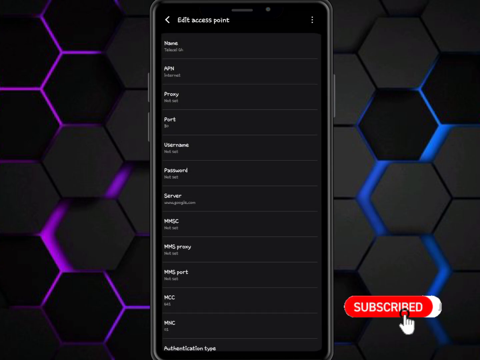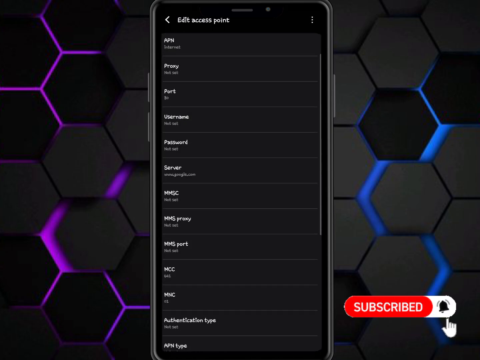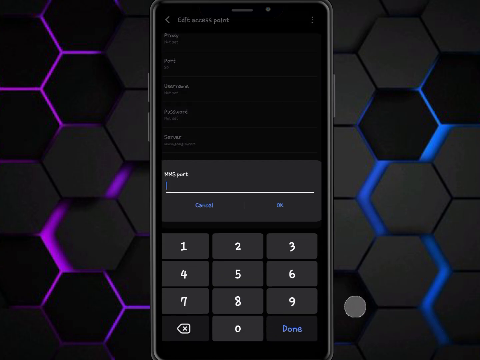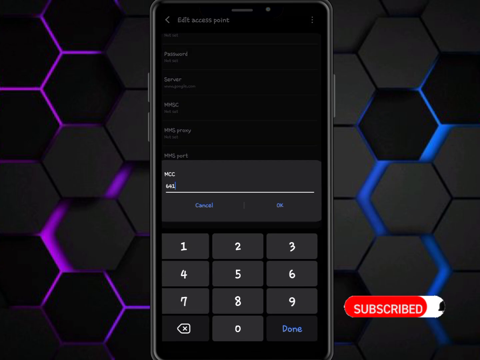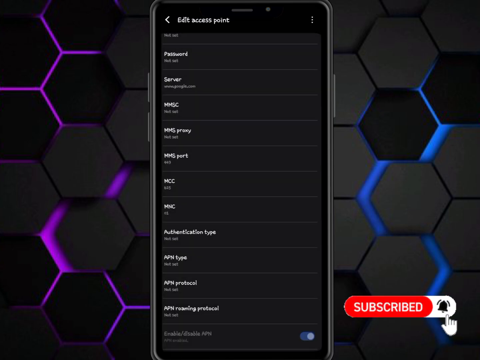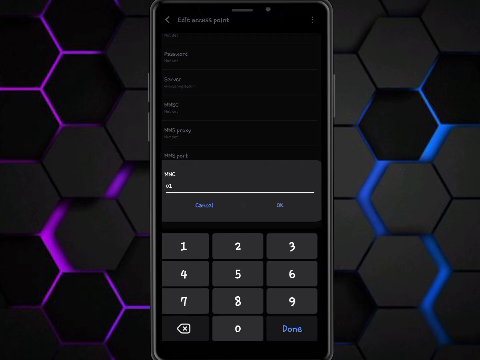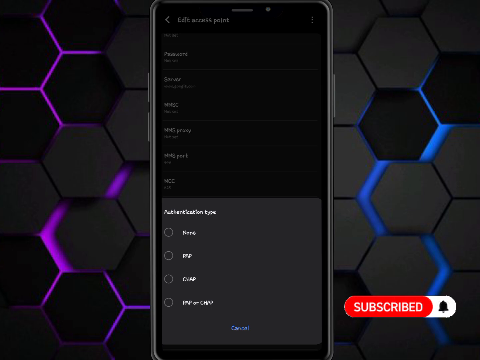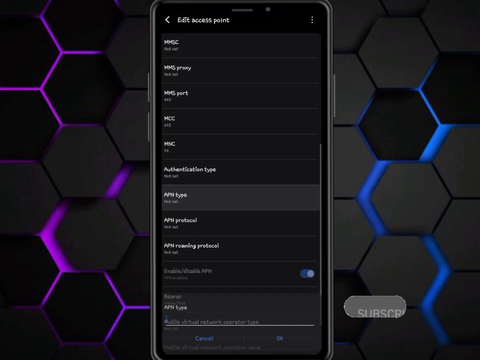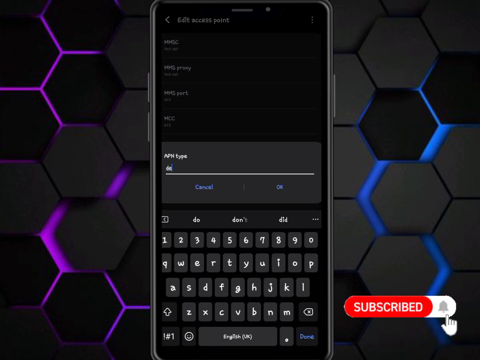Then the MMSC, don't set. MMS Proxy, don't set. MMS port, use 443. The MCC, you're going to put 625. MNC, use 02. Authentication type, don't set it. Now the APN type, you're going to use default,